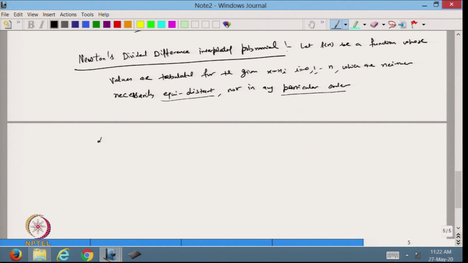Now, let us suppose, without loss of generality, that the ordering is this one, x0 is less than x1, less than x2, less than xn. So, we put that in the ascending ordering. Then